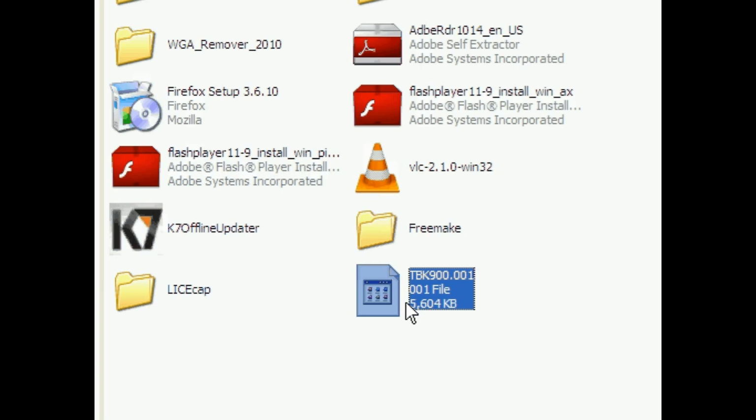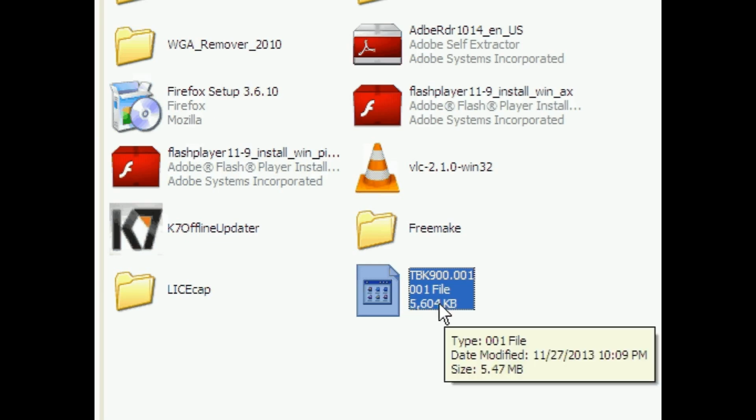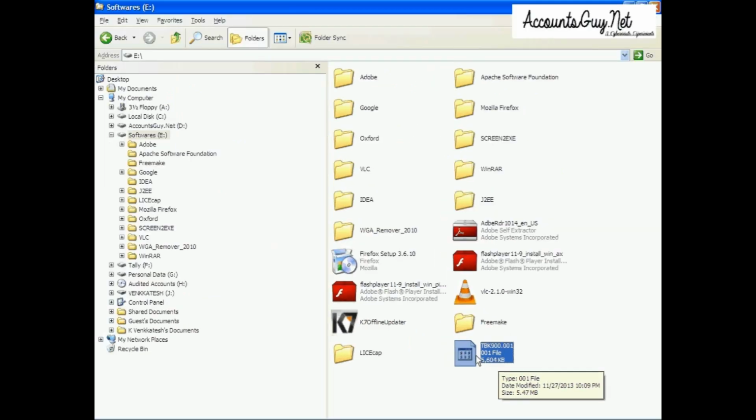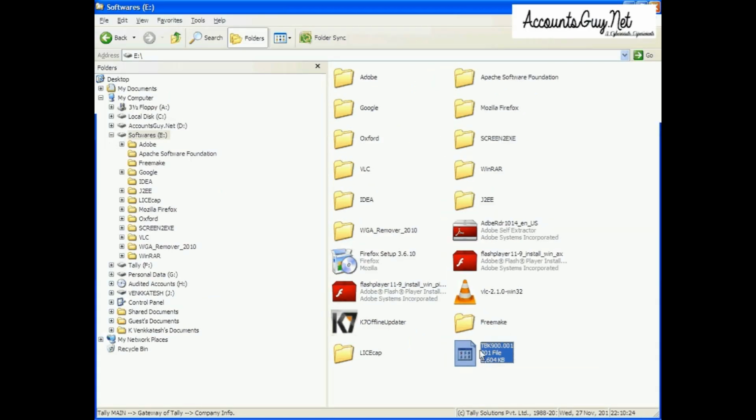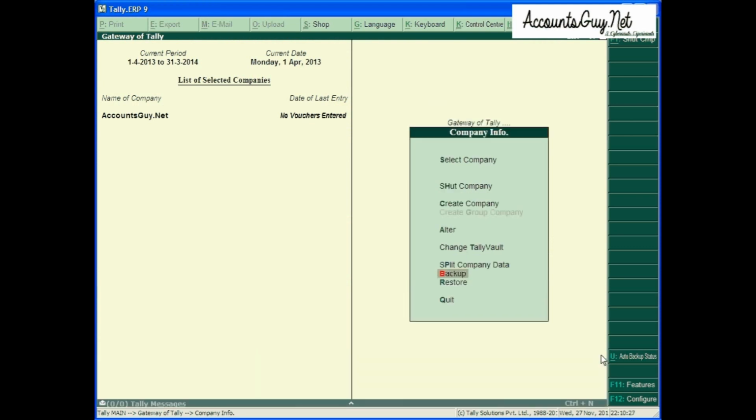Let us see in the E drive. Here you can see this is the file which is the backup of your company from the Tally ERP9 software. And this is how we can technically take a backup of the company.